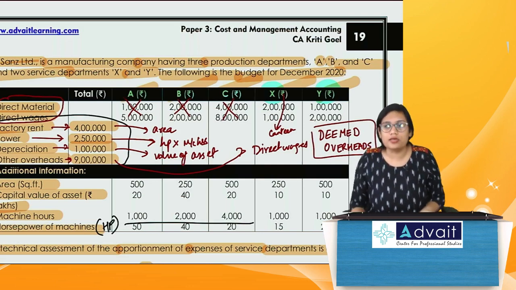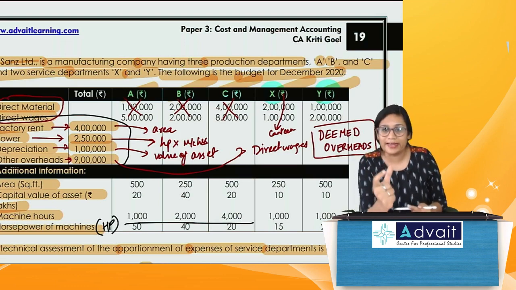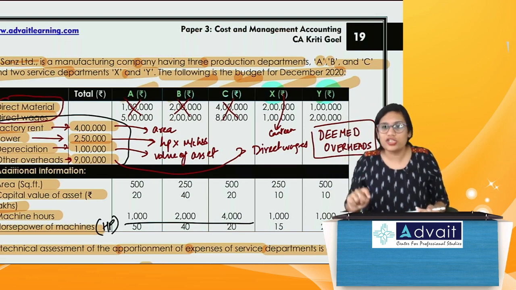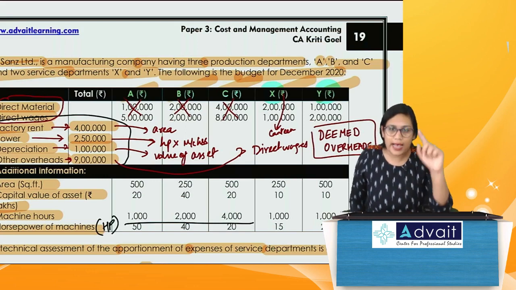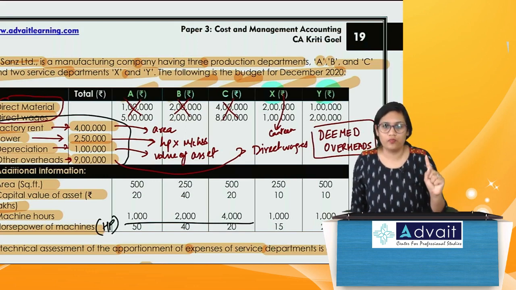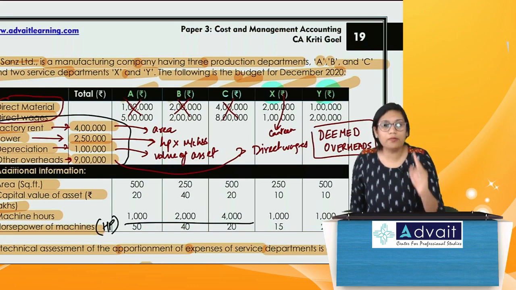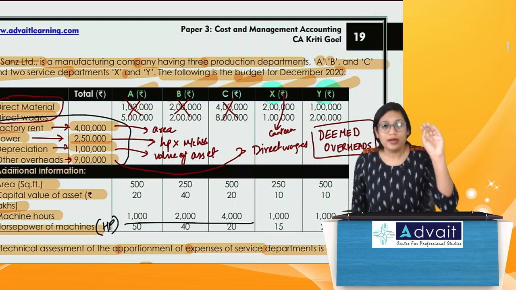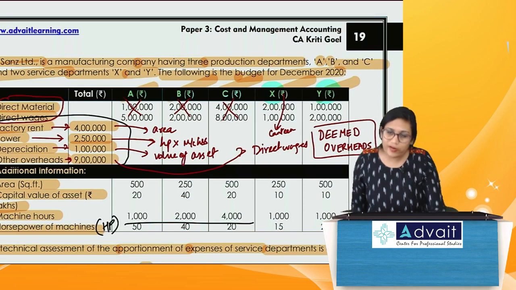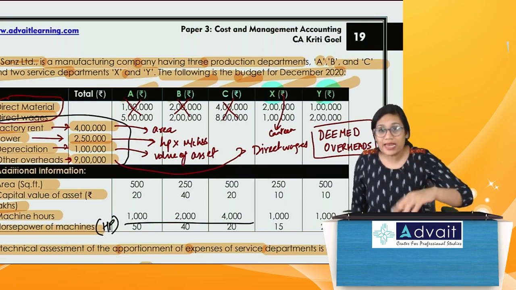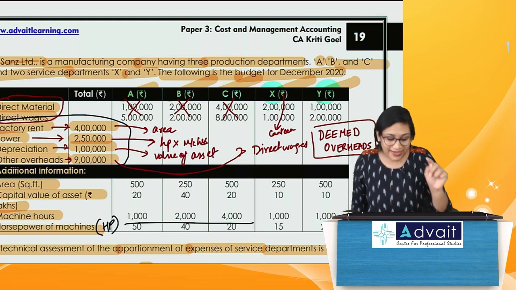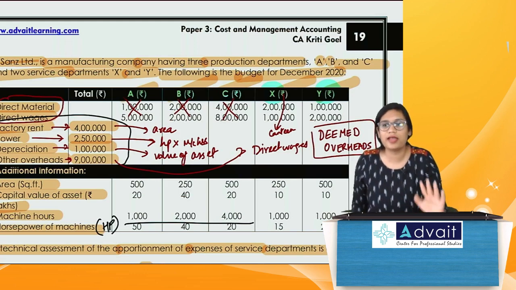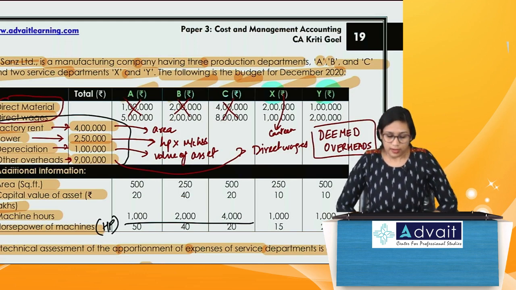Why am I doing all this? I am doing all this to get that overhead rate expressed in terms of the base. Correct? For what? For my product cost sheet, right? So everything that I need to analyze has to be analyzed from that product point of view. Yes or no? So this is the concept of deemed overhead. I will give you a note with respect to this at the end. So X and Y's direct wages, direct material, all expenses you will take into consideration, because X and Y in itself are indirect to the product. But A, B, C's direct material and direct wages are absolutely direct to the product, and you will not consider that in the overheads chapter. Guys, is this clear?